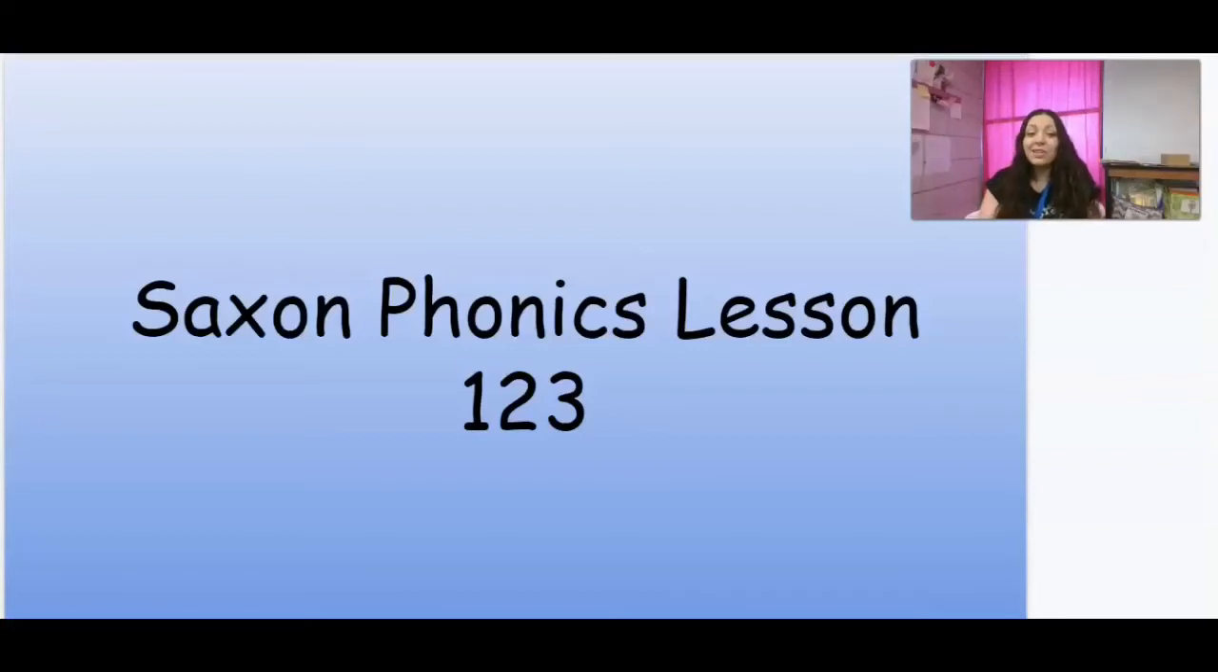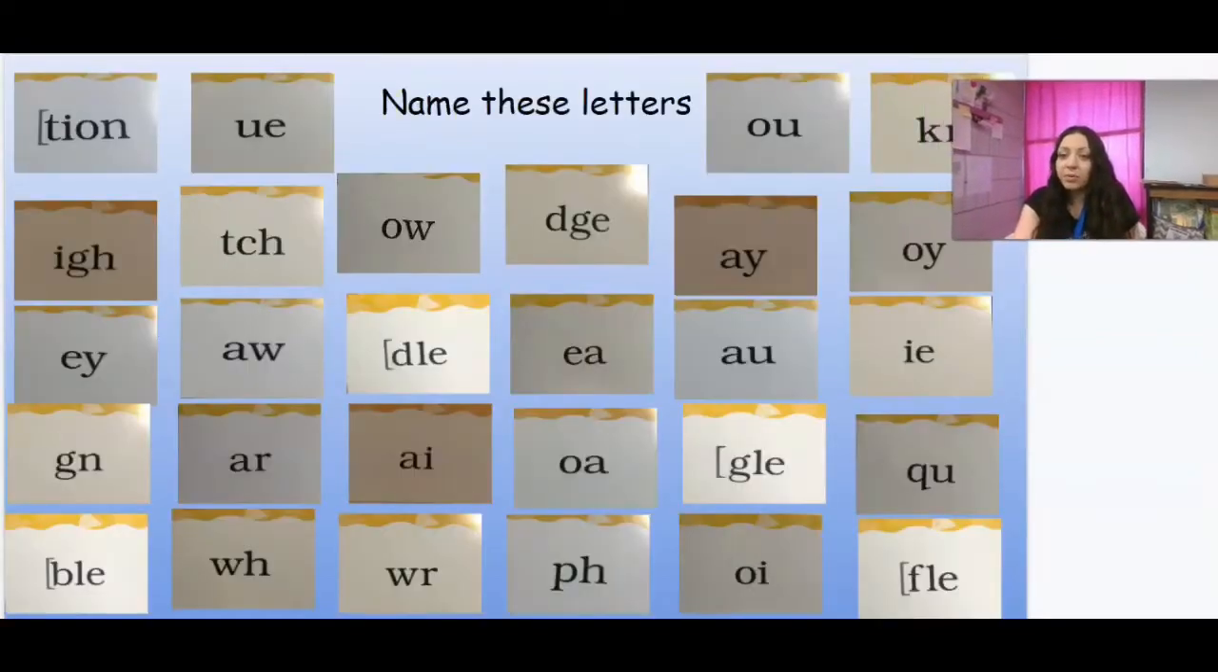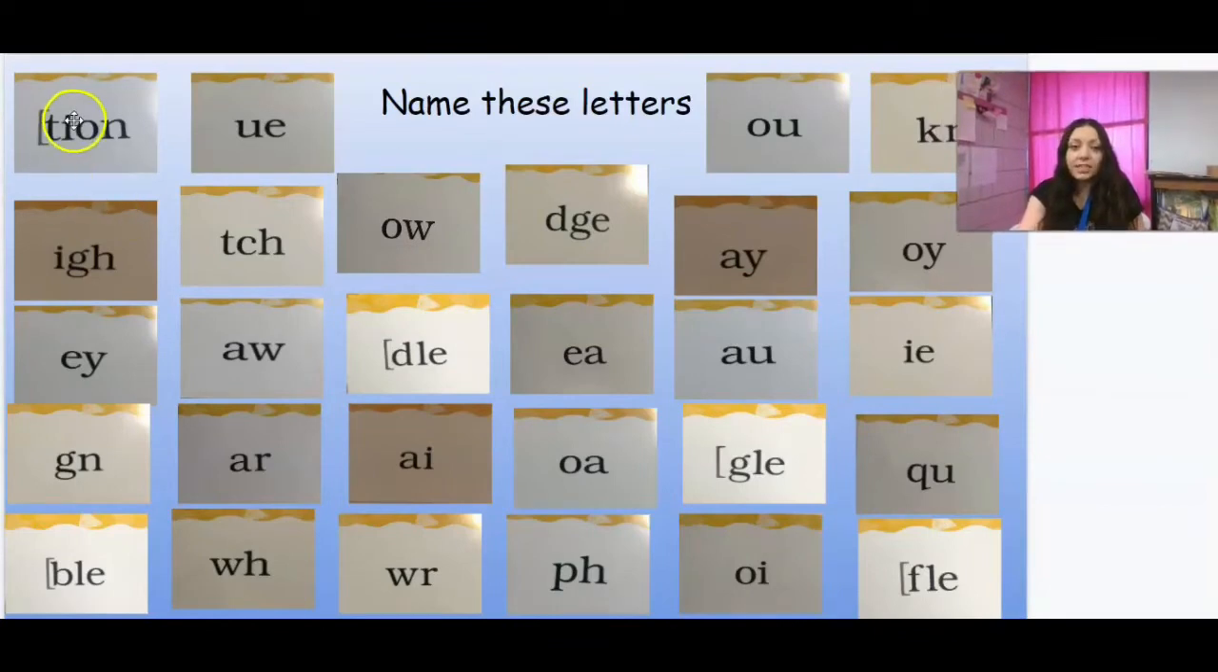Good morning, guys. So this morning we're going to go over Saxon Phonics lesson 123. So let's just really quickly review our letter cards. Are you ready? So we have final syllable T-I-O-N, digraph U-E, diphthong O-U, ghost, digraph K-N, trigraph I-G-H, trigraph T-C-H,